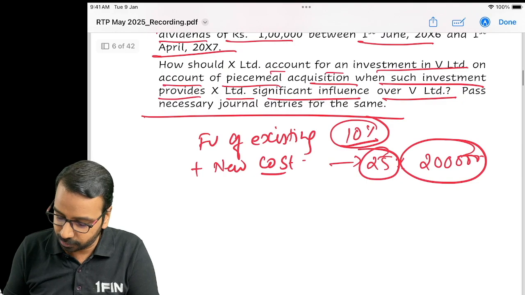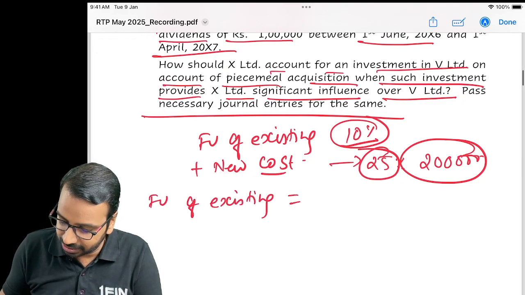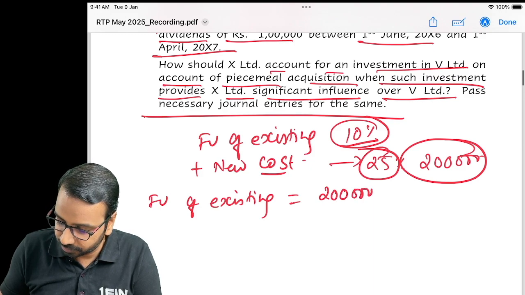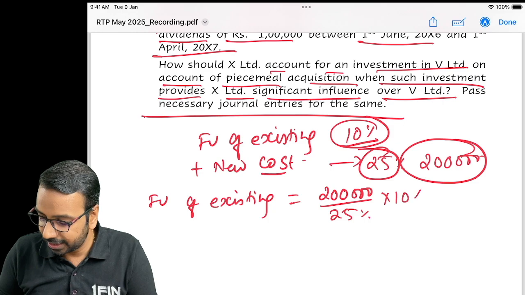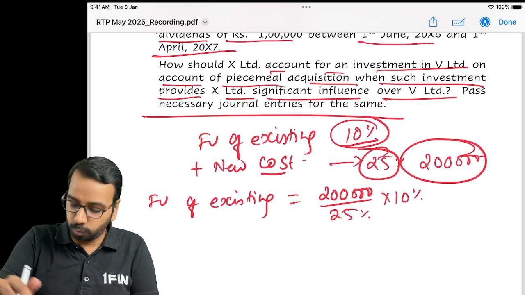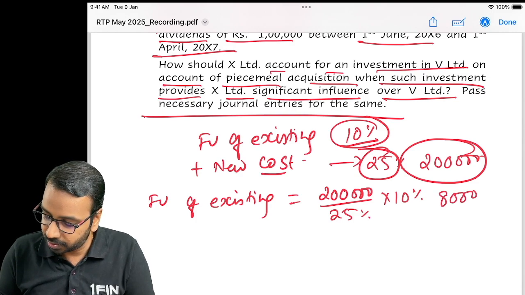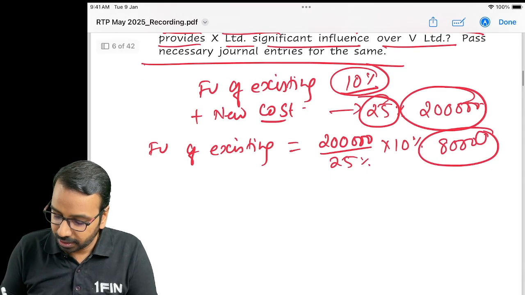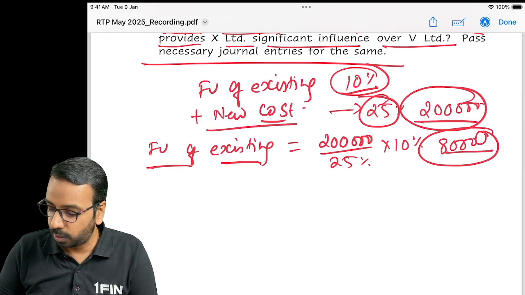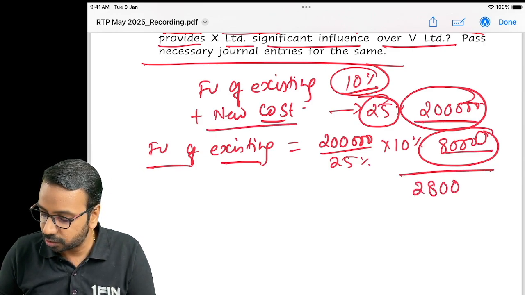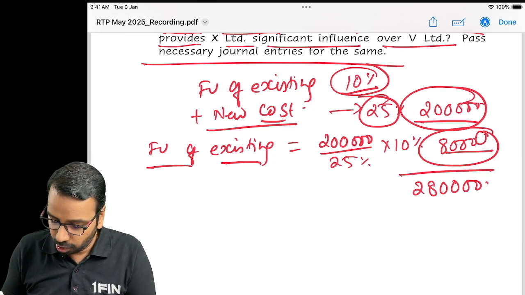So, what we can do is, fair value of existing stake is equal to 2 lakhs, that is paid for how much? 25%, multiplied by 10%. So, if I do 2 lakhs divided by 25%, multiplied by 10%, 80,000 becomes the number. So, fair value of existing stake is 80,000, new stake cost is 2 lakhs. So, total amount paid is 2 lakhs 80,000. Then, what is the